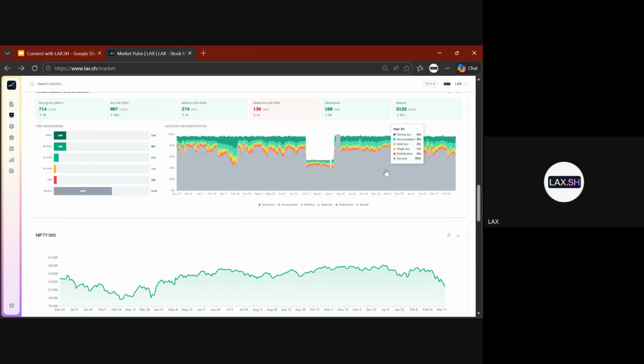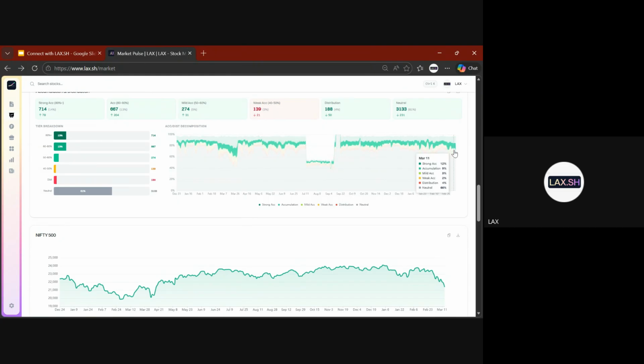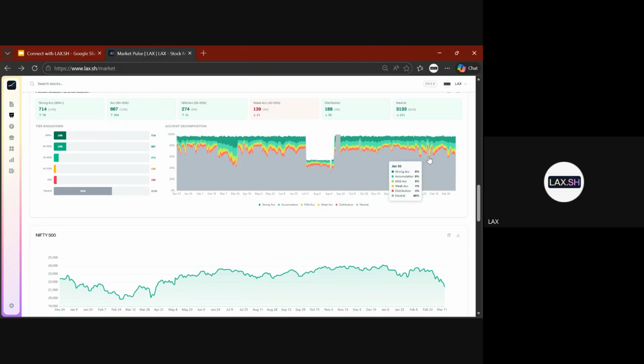I think in this thing, I'm still thinking, like, should we get rid of this low activity bar, this gray area, so that these guys can expand and show you more properly what is happening? But then the problem is, you'll not be able to relate how many are total stocks, because the total stocks will tell you the story, right?